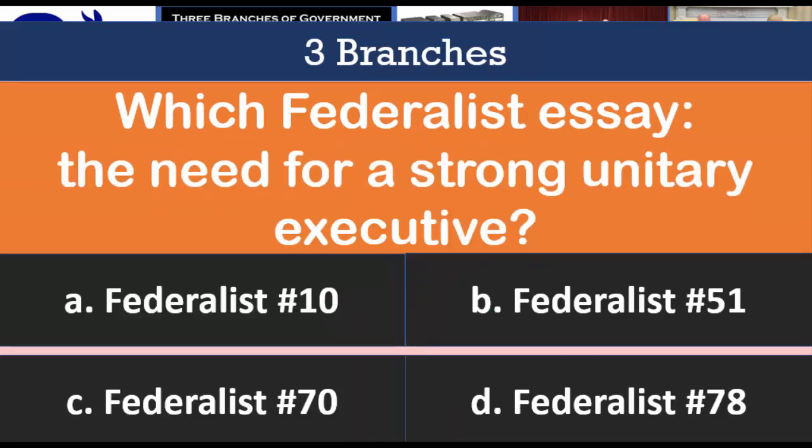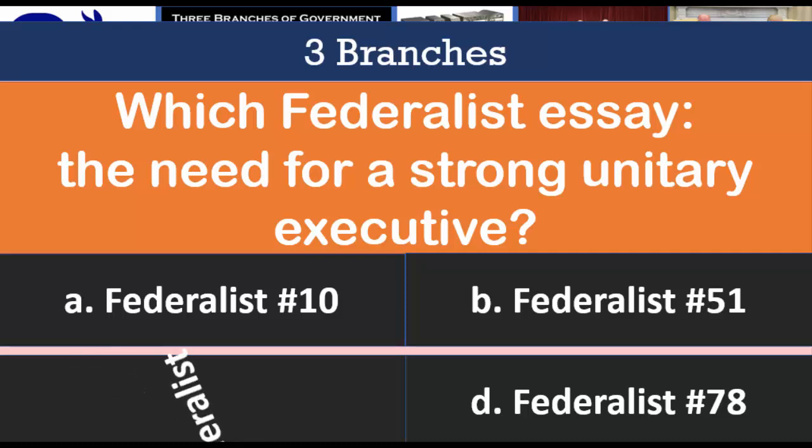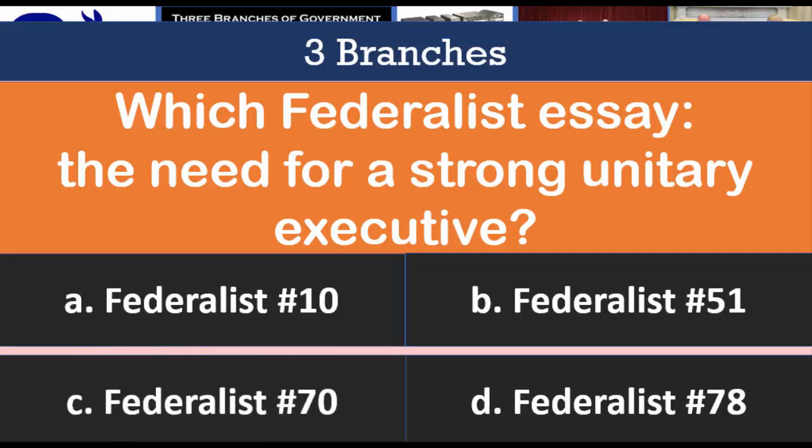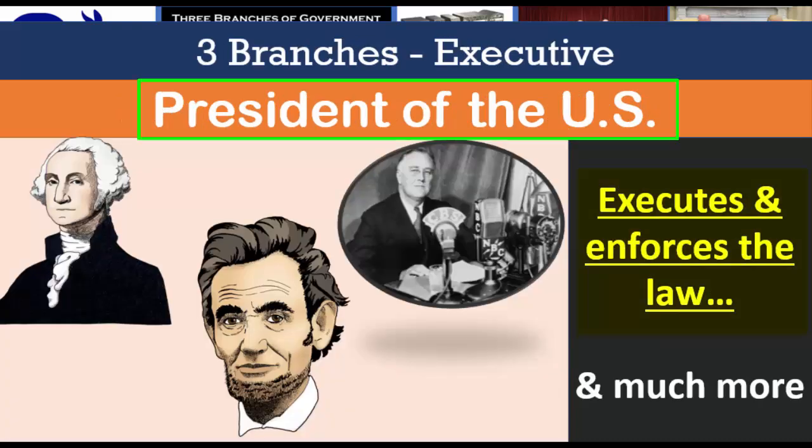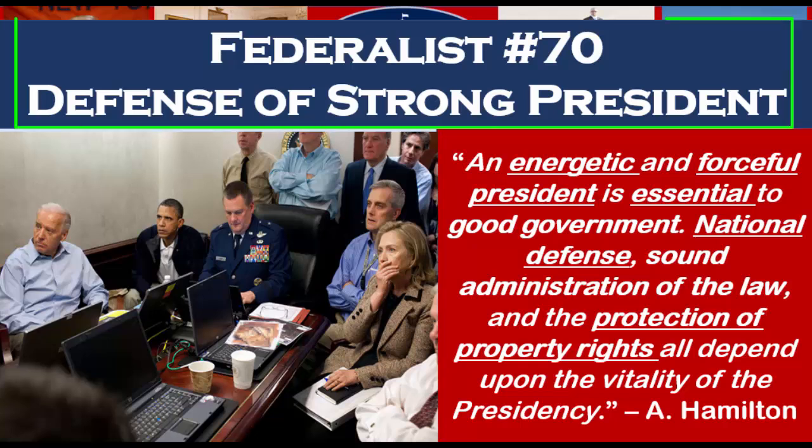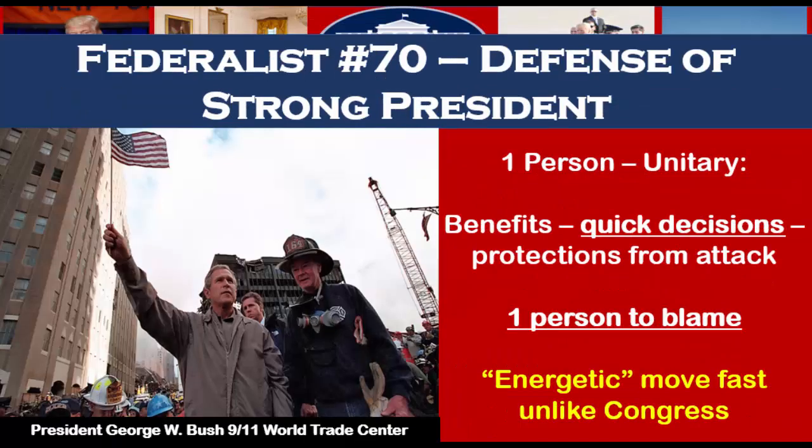So, what Federalist paper argued for a strong unitary executive? If you said Fed 70, you would be right. Hopefully you know the job of the president is to enforce or execute the law. And Fed 70, written by Alexander Hamilton, argued that we would need one individual who could make quick decisions for things such as national defense. In addition to the ability to make quick decisions, having one unitary president would make it easier to place blame